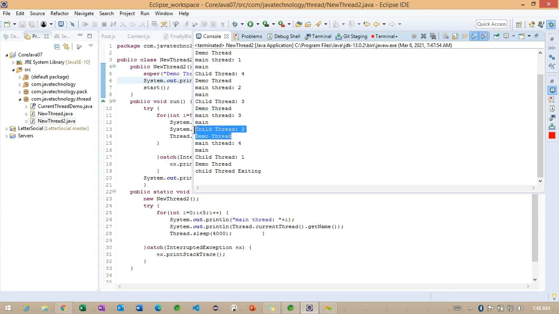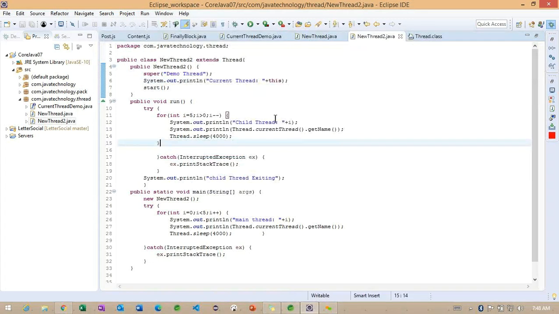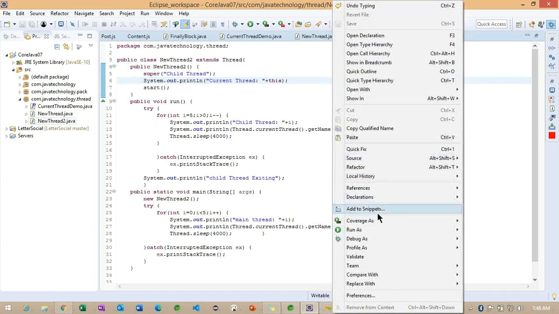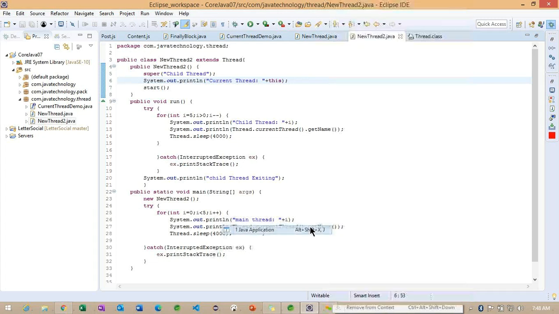Getting the point? So now we specified the sleep time for both threads as the same, 4 seconds. Because of this, what happened here? Only one child thread is executing and one main thread is executing. If you observe, instead of this particular demo for making child, you will get a clear picture.